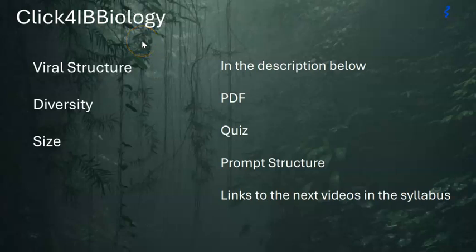Click for IB Biology. Here we're looking at viral structure, the diversity in that structure, and the sizes of these